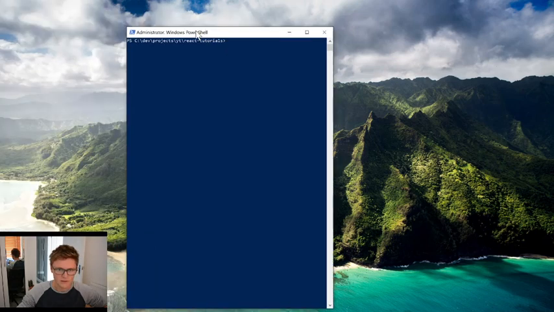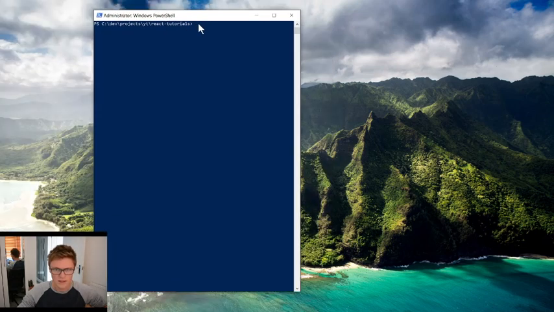Okay, so first things first, we bring up PowerShell, and just in the directory that we want to be in, we're going to create a React app. So we can do this. You need Node installed and you need npm installed, which is Node Package Manager. Okay, once you've got those installed, you should be able to do